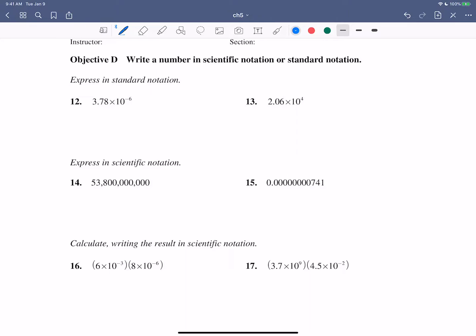If they want you to convert it back to the standard form, you simply move the decimal places either to the left or to the right. If the power of 10 has a positive exponent, then you're going to move your decimal to the right. If the power of 10 has a negative exponent, then you're going to move the decimal to the left. For number 13, it has a positive exponent in the power of 10, and the value is 4,